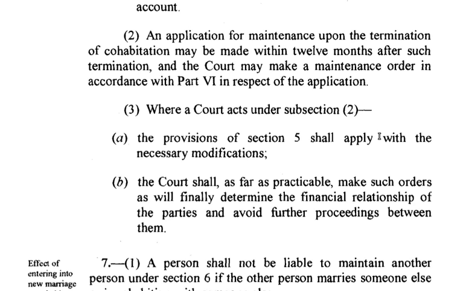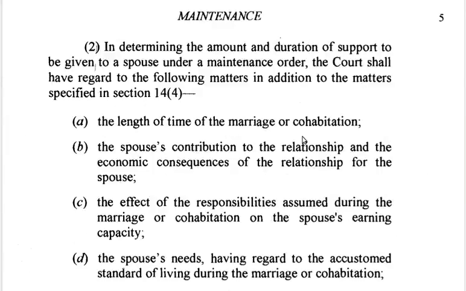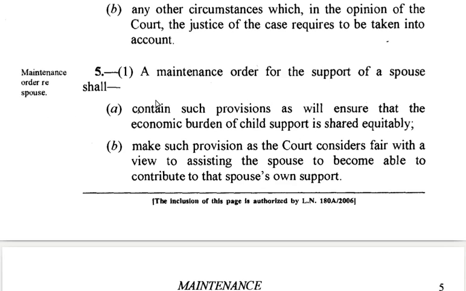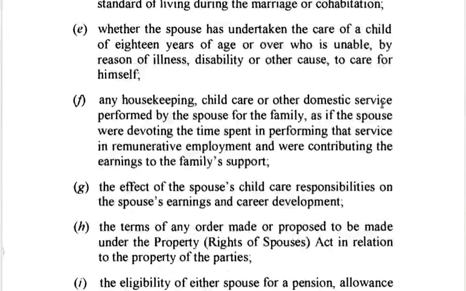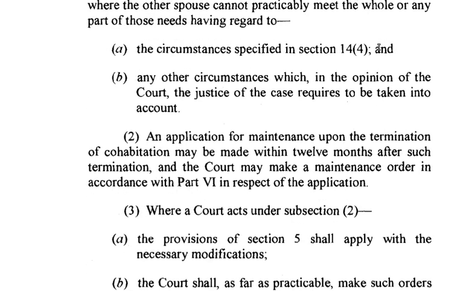Alright, so these are some provisions where a court acts under subsection 2. A. The provisions of section 5 shall apply with the necessary modification. The provisions of section 5, we'll come back to this. Alright, so all the provisions on the maintenance of a spouse will apply, but adjustment might be made given that the couple was cohabiting and not married. B. Any other circumstances which, in the opinion of the court, the justice of the case requires to be taken into account. So remember now,